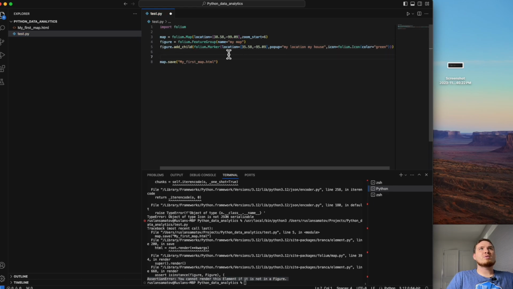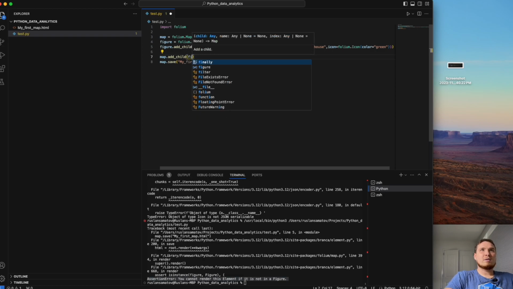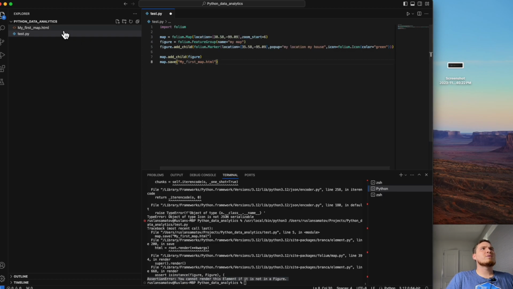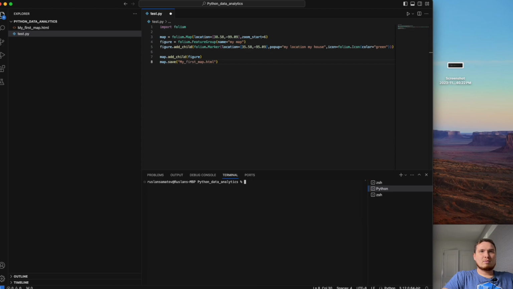Three of them we stored as a child, and since it's a child we need to add it to the parent map. So before saving the object I need to call map dot add child, and as a parameter it will be figure. Now it looks good to me. Let me clear the terminal and run it again.